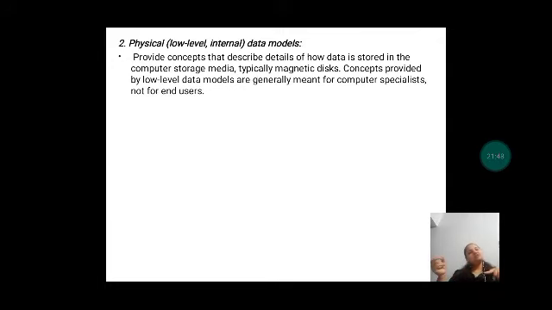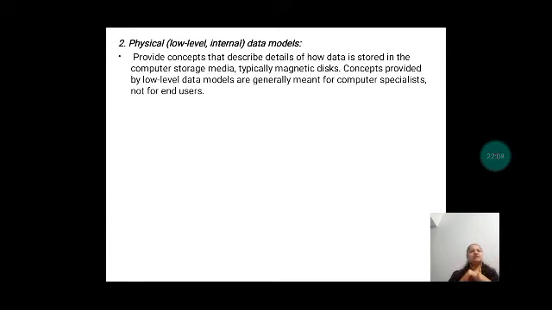See, in the conceptual model, as a user I know that I am going to store my data in the form of a table. That is, a student has ID, name, subjects, classes and all, right? So that is my view. That is called the conceptual view. Most of the users perceive the data in that format.